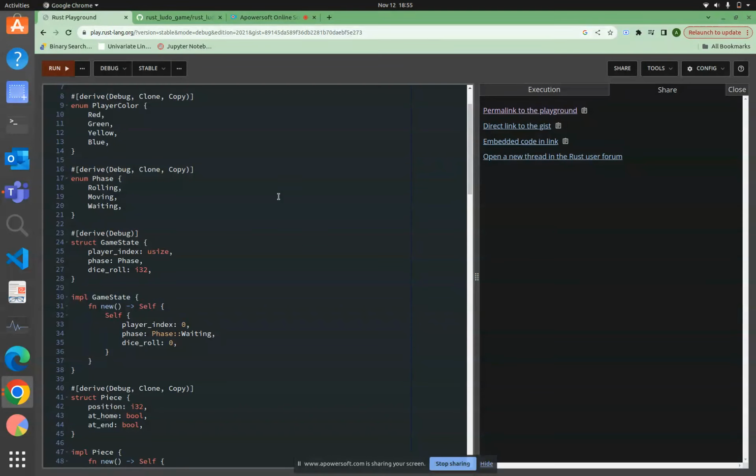You have a four-player game. Each player is denoted by its own color, right? There is a player object, and each player is associated with a certain color, and each player has four pieces which the player moves. Once the player hits a six, then he is allowed to move one piece, and once any of the pieces of the player go to the end, then you can't move that piece because it has reached its destination. And the player who is able to put his pieces at the destination before everybody else